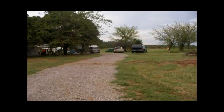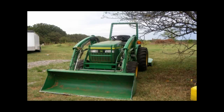Concrete can be very expensive. It's in the $90 a yard range, whereas this is going to be $7 or $8 a yard, and so the cost savings would be tremendous, plus the labor of putting it down. All I had to do was drive over it with a tractor pulling a box blade and smooth it out,